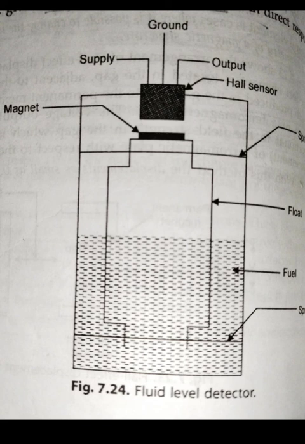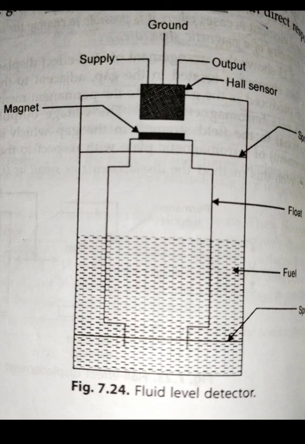The next measurement is the flood level detector, where the Hall effect sensor can be used as a position, displacement and proximity sensor if the object being sensed has a small permanent magnet. Such a sensor can be used for determining the level of fuel in an automatic fuel tank, where the figure shows the flood level detector. A magnet is attached to the float, and as the level of the fuel changes, the float distance from the Hall sensor changes.